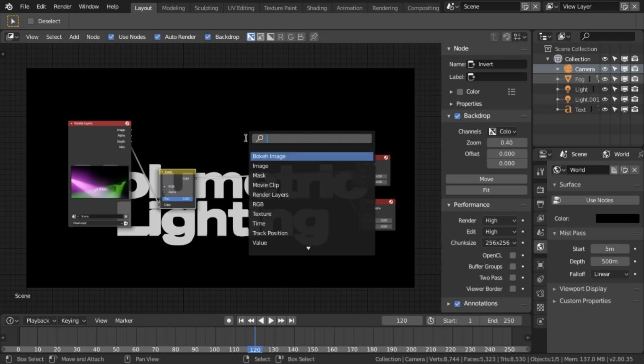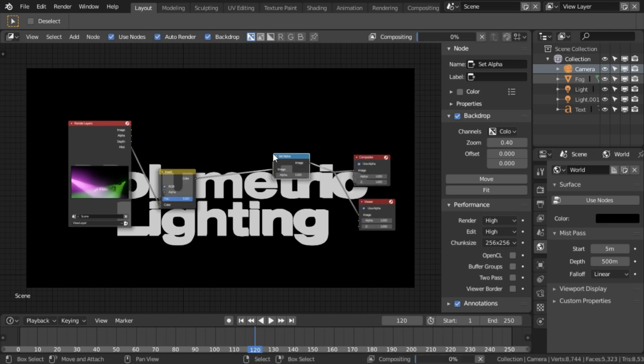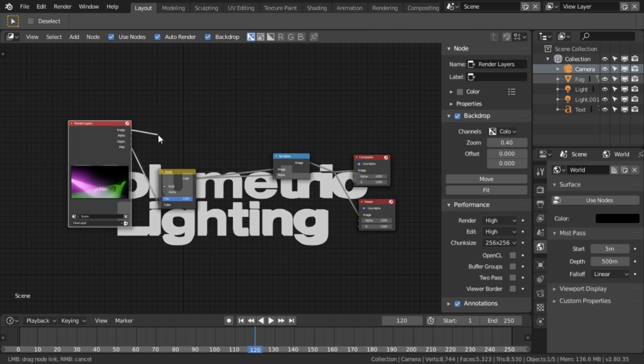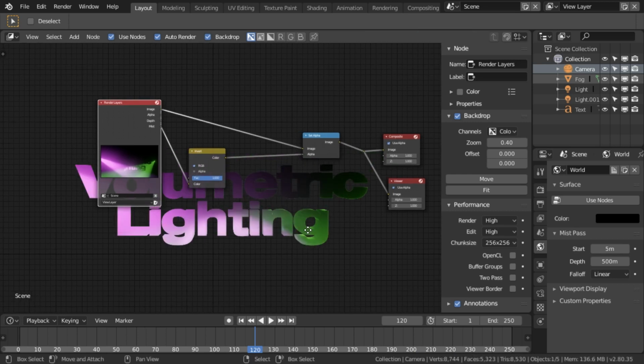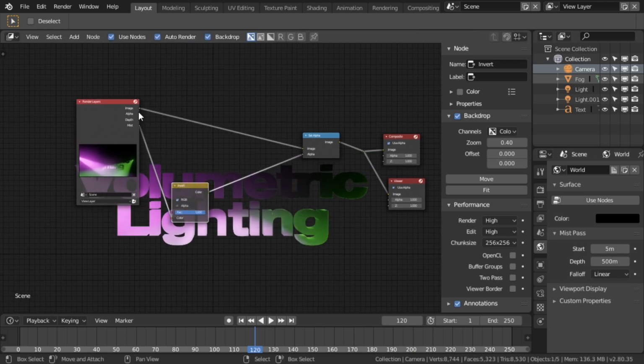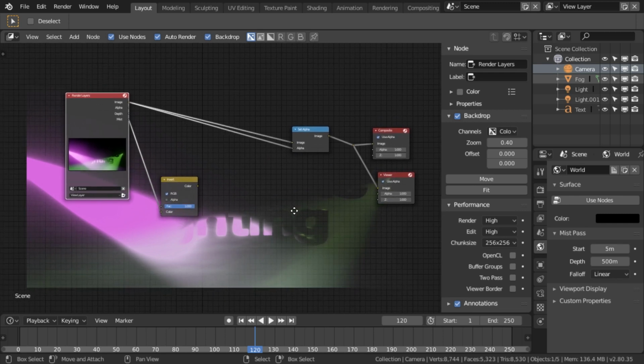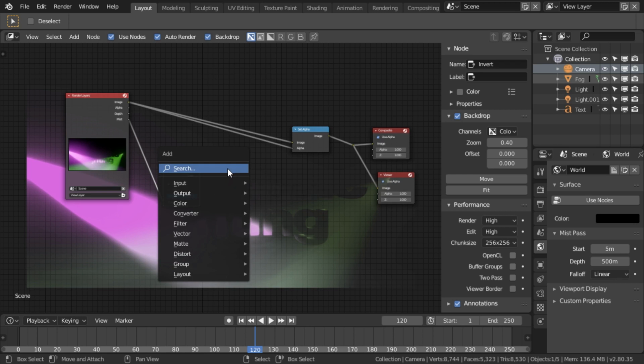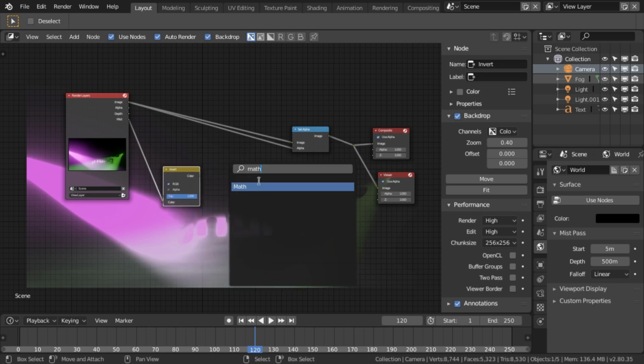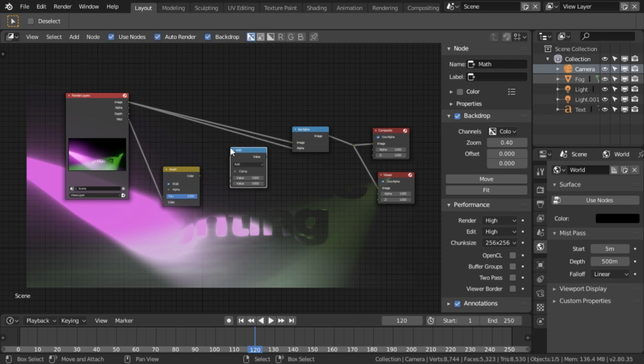We also want a set alpha node, which I'm going to search for. So let's put this inverted into there and this image into there, which is okay. The other option would be to have the image going into both into there and the alpha point there, which is basically using the darkness as the alpha. What we want to do is combine this mist with this image to get our alpha. And that's pretty simple. All we need to do is get a maths node, which I'm going to, so that's connected to there, and